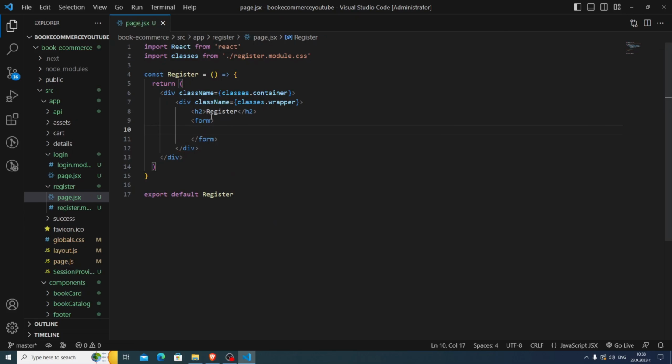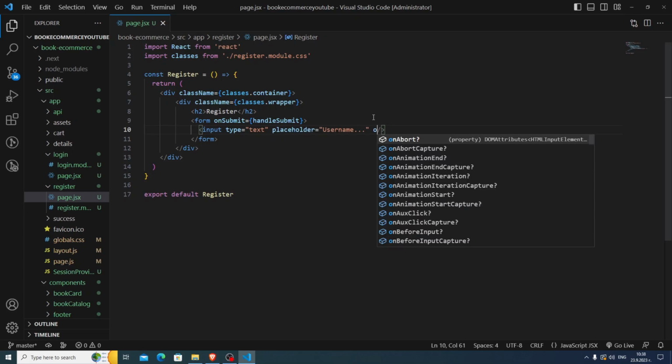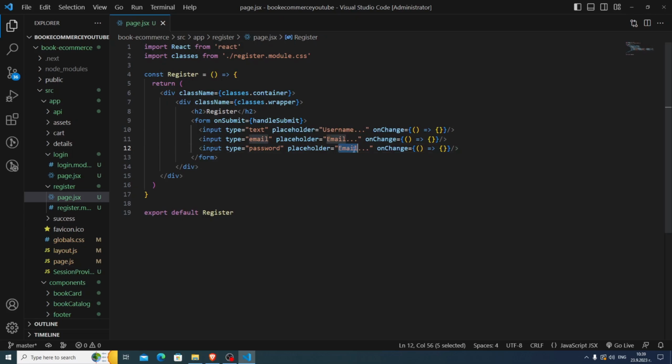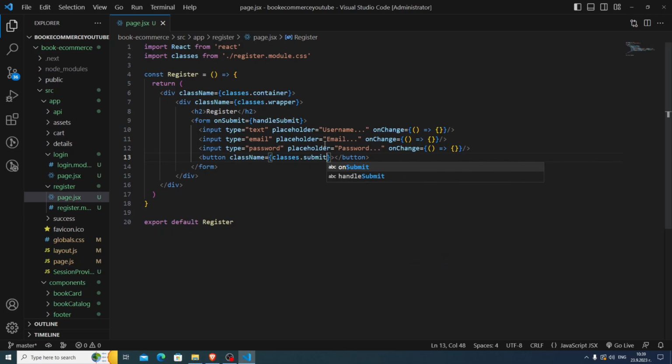Then form we are going to have here on submit, and here handle submit. Then input is going to be type of text, placeholder of username, on change is going to be here right now an empty function. We're going to write it a little bit later. Then I want to copy paste, and here just change to email, and here to email, and again copy paste, change it here to password, and here placeholder is going to be password. Nice. And then button is going to be here class name classes.submit button,